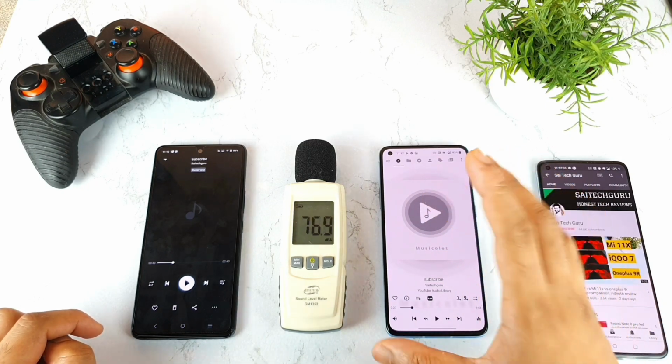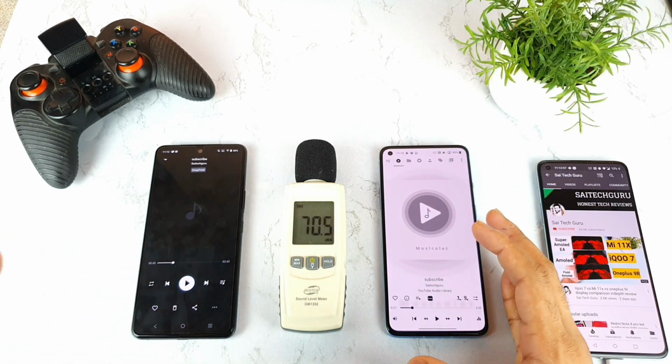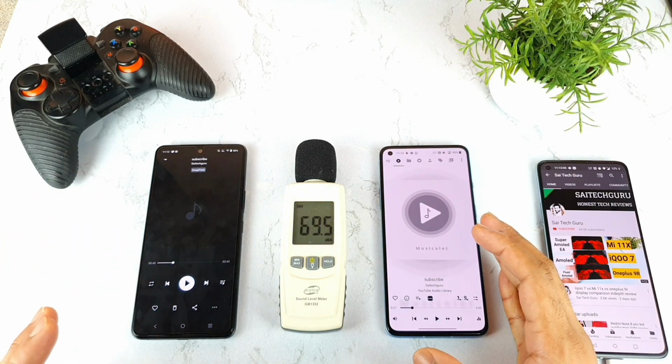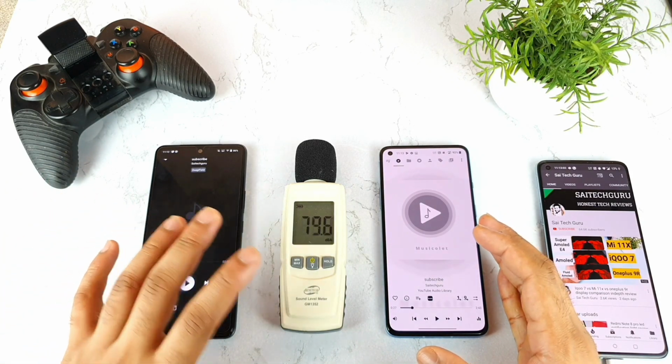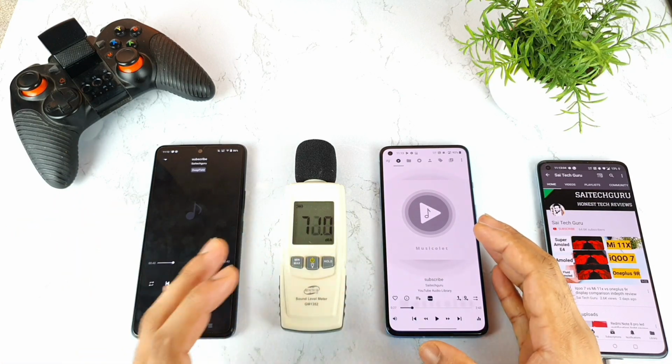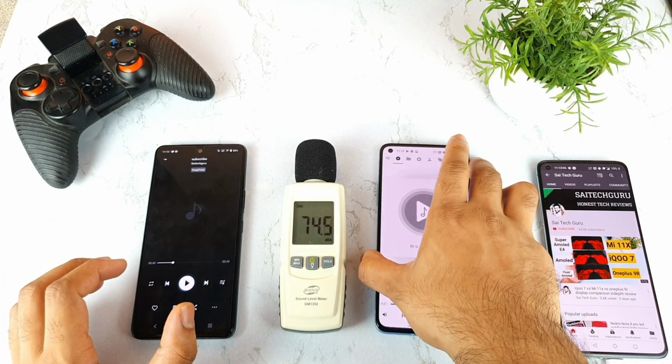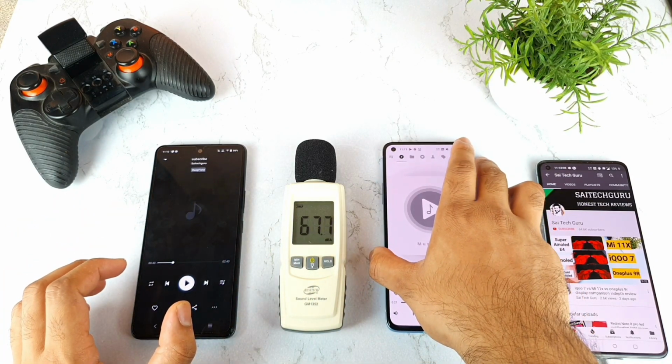You're getting close to 89 decibels of loudspeaker quality, and in the IQ7 you're getting about 84 decibels, 85 decibels. So there's not a huge difference if you ask me, friends, but there's a little bit of difference between both phones in terms of the loudspeaker volume.